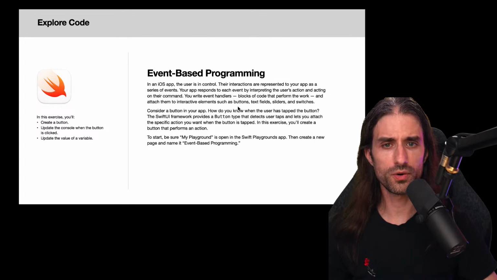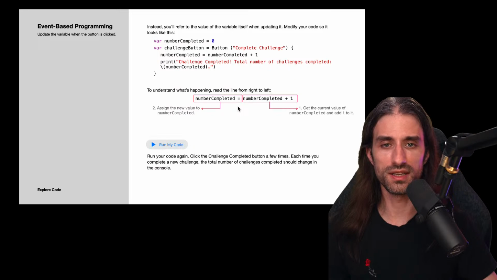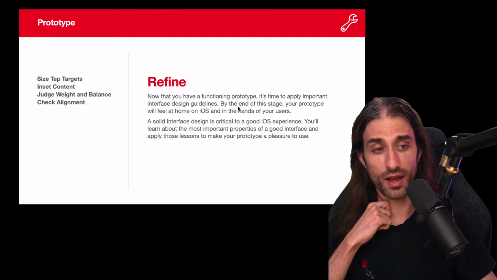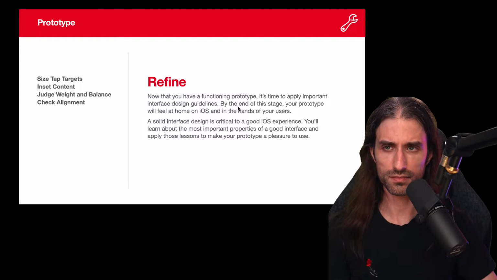Okay, then a bit of code about event-based programming. So how to respond to interactions from the user, which makes sense because we are at the point where we started to lay out buttons in the UI. So once again, I'm going quickly over it, but I would encourage you to read it in detail if you don't know about the topic at hand.